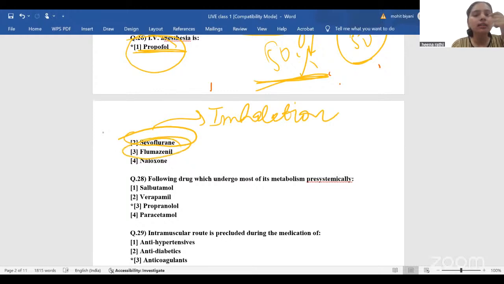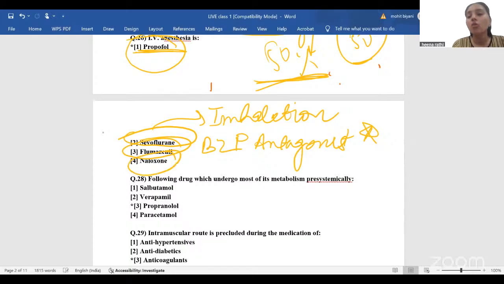Flumazenil. Flumazenil is not an anesthetic. It is not a general anesthetic. It is a benzodiazepine antagonist. So it is also one of the important questions. Flumazenil is the benzodiazepine antagonist. Last option is naloxone. What is naloxone? Naloxone is an opioid antagonist. It is also one of the important questions. To counter opioid toxicity, naloxone is used to reduce the effect of the